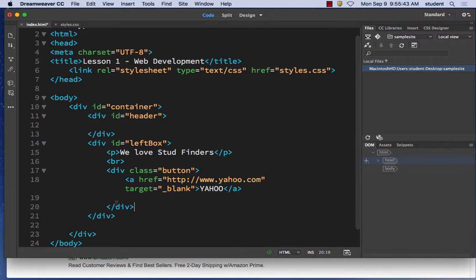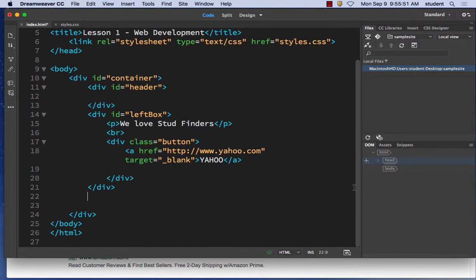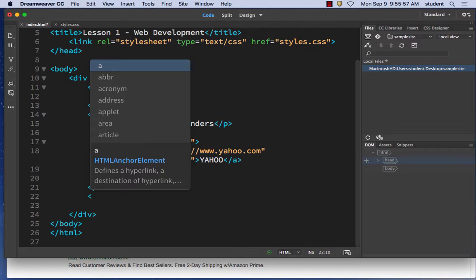Why is it down 2 closing divs? Because this div goes with the button. This div goes with the left box. So for the right box, it's going to be under that div right there. Under this one, just like it is in the handout, and you're going to make another div. Remember, a div is a box. There's going to be a div